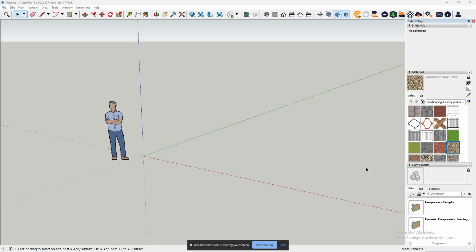Today I'll be going over the basics on how to use SketchUp Pro by showcasing the fundamental tools that you'll most often use. This video acts as an introduction to a much more in-depth series I plan to make that will go through more complex SketchUp tutorials as well as how to use the program in conjunction with other rendering